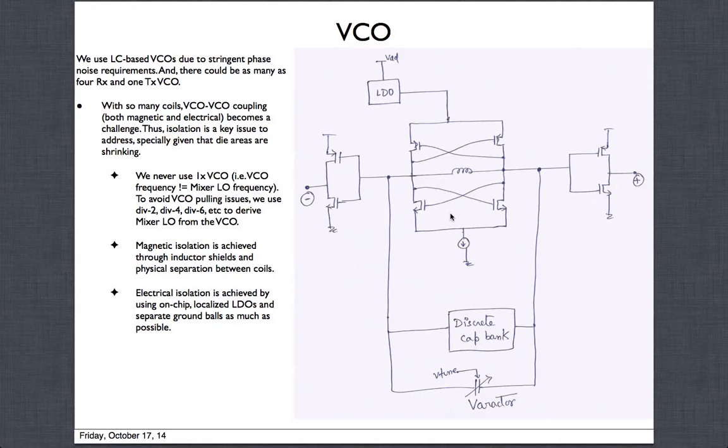So by separating these different VCO frequencies using these dividers, we make them more robust, less sensitive to each other pulling each other. So that's one part. And of course, on top of that, we have the LDOs for isolation. Magnetic isolation, as we mentioned, magnetic coupling is reduced through shields across inductors. So we'll put shields around it to trap some of the energy going out. And also the main thing is the physical separation. The more separation you can get, the better it is. But again, you're limited.